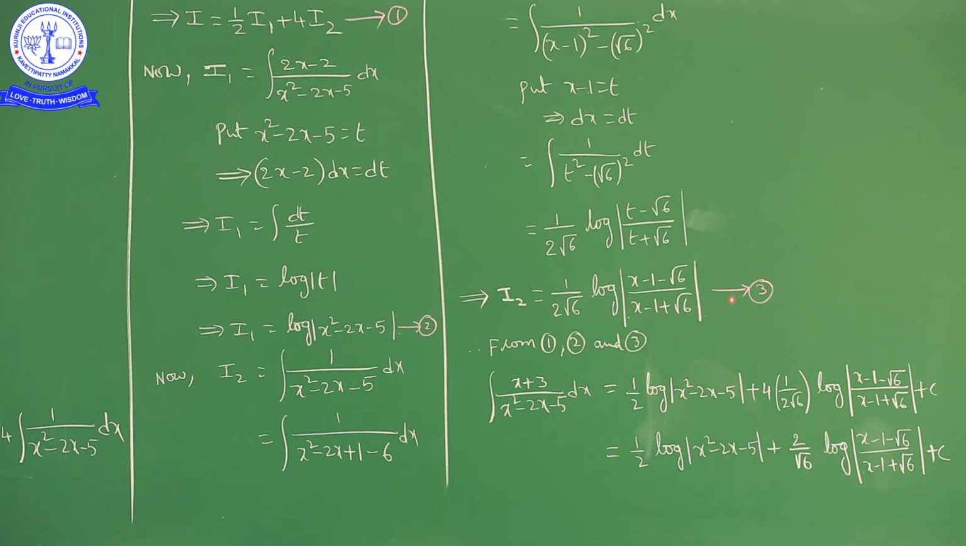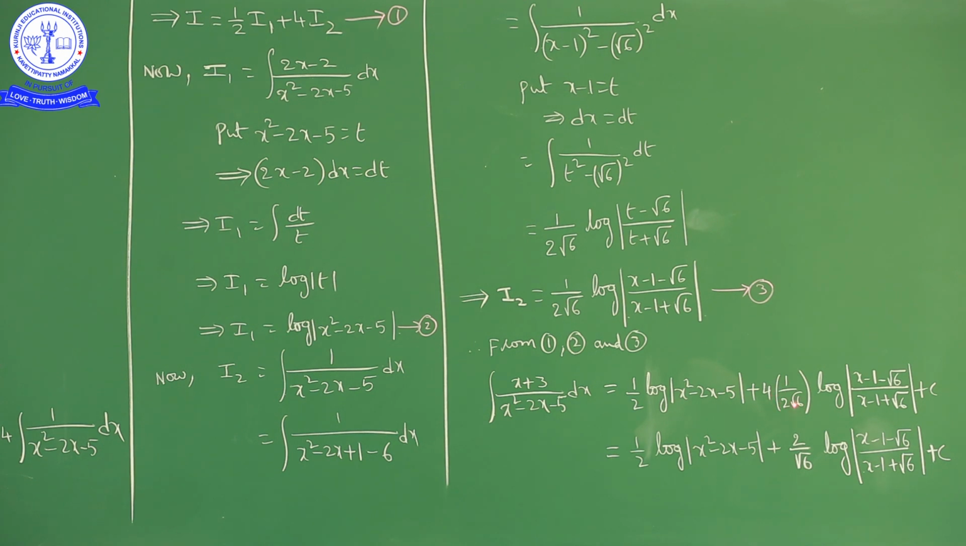This is I2. Mark this one as 3. So from 1, 2, 3, what we can write? I is equal to half I1 plus 4 times of I2. I1 is what? Half log mod x square minus 2x minus 5, plus 4 into I2, which is